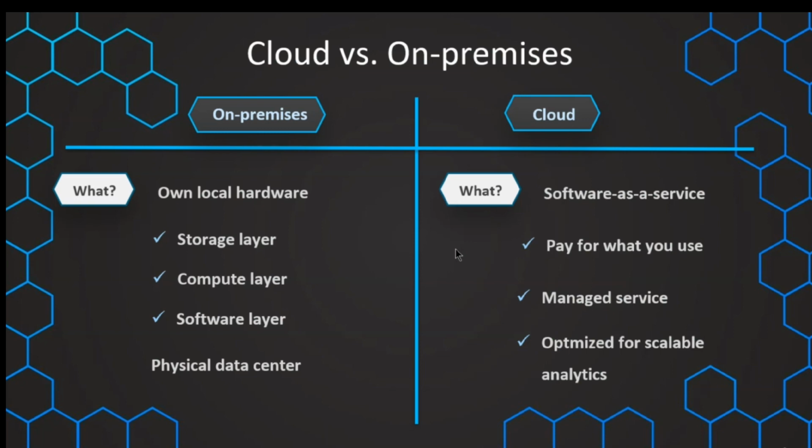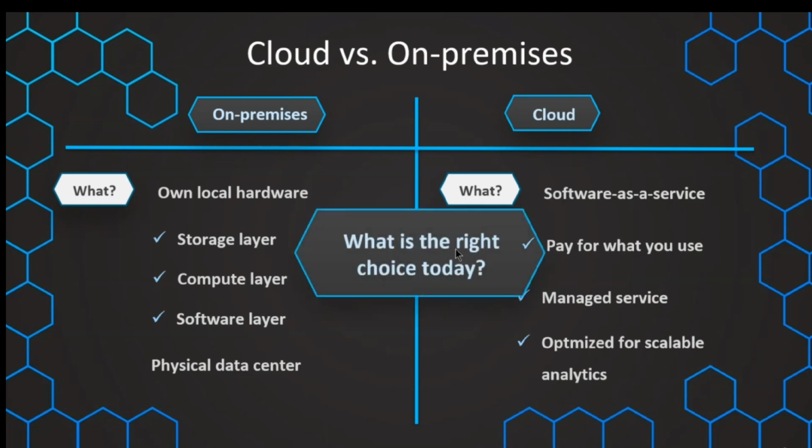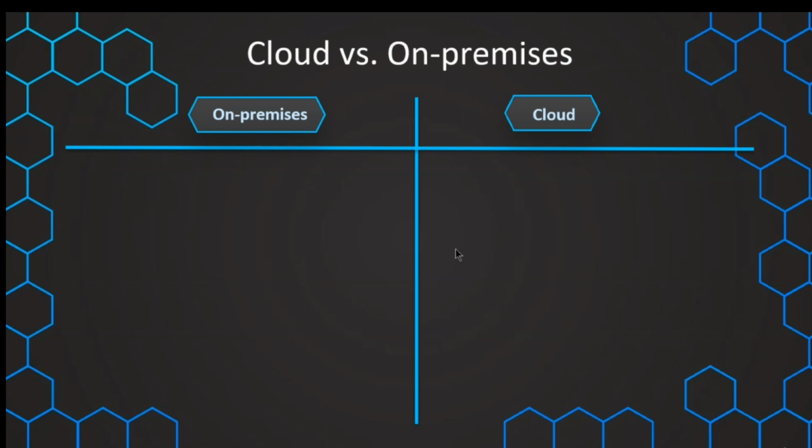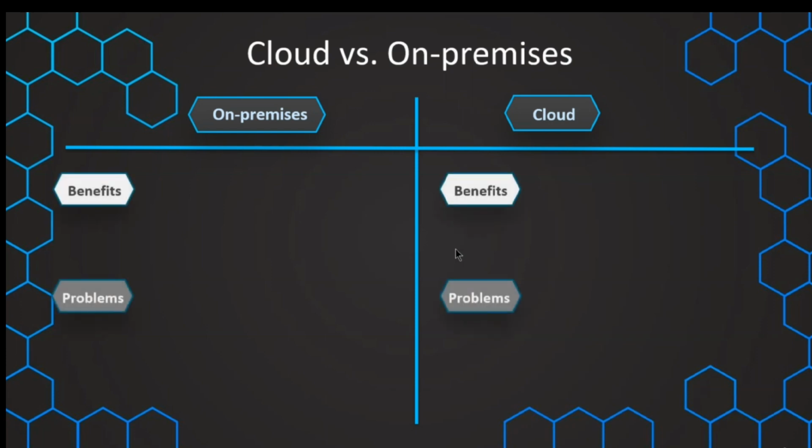So with that being said, we now want to have a look at both the benefits and the challenges that we can get with on-premise and the cloud data warehouse. And this we then want to use to answer the question, which one of those is the best choice for our company? And we again want to, of course, start with the benefits and then have a look also at